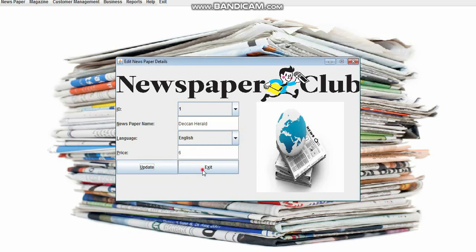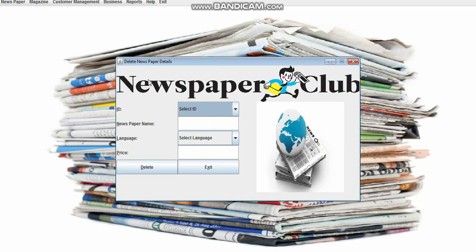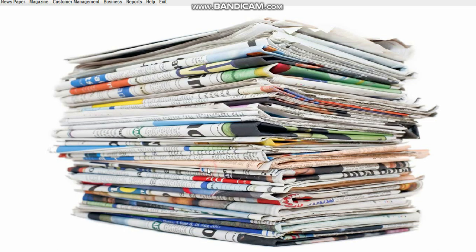We have updated the price and we hit exit. And if we wanted to delete any newspaper, you can do the same by entering the ID, and we are not doing it right now, so we hit exit.